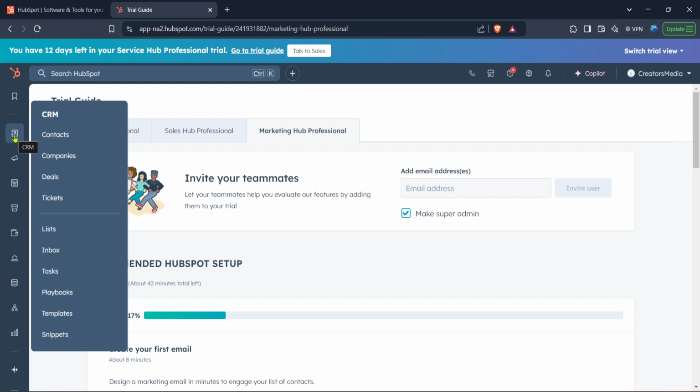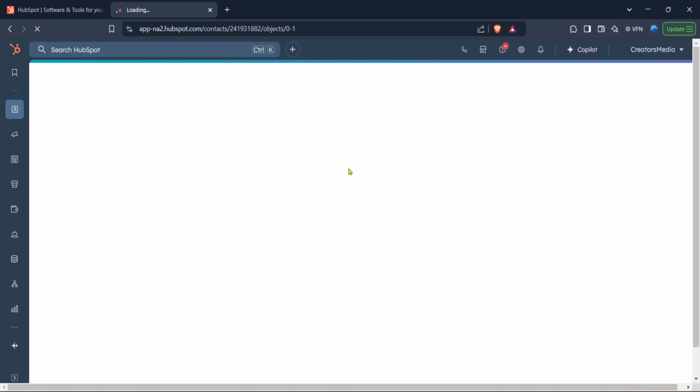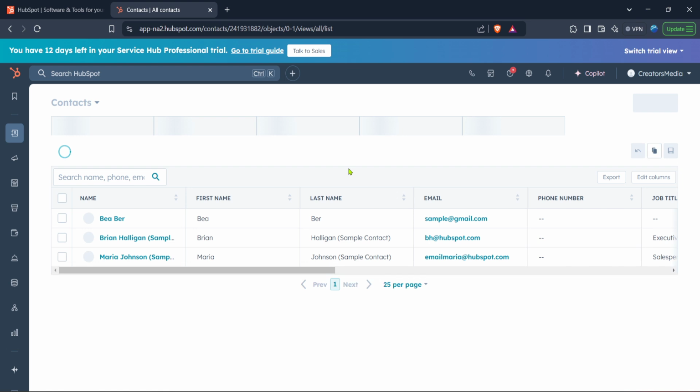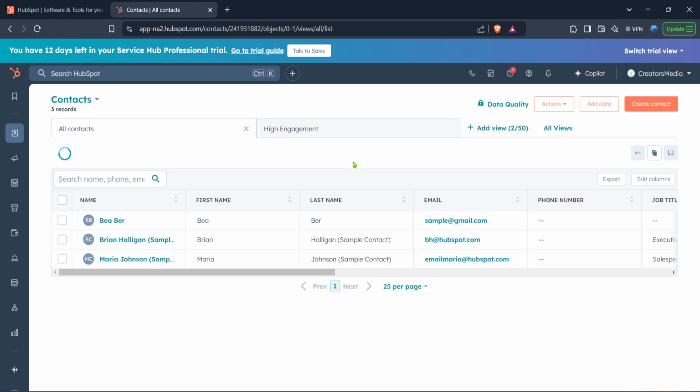Next, when you're in the CRM section, head over to the Contacts tab. This is where you'll find all the contact information of clients, partners, or any stakeholders you interact with. Clicking on this will direct you to a list of all your contacts. Here, you should scroll through or use the search feature if you have a long list to find the contact you'd like to log a meeting for.